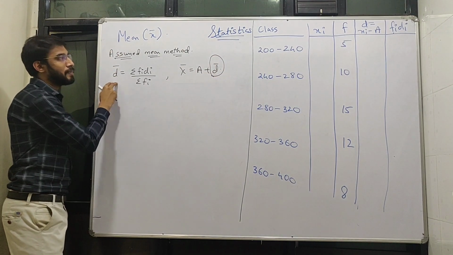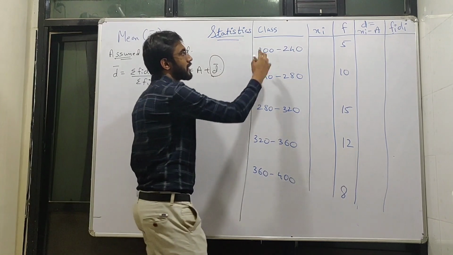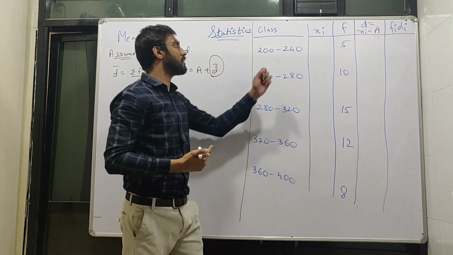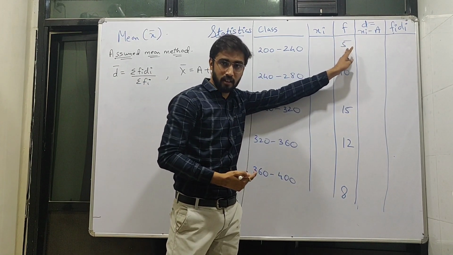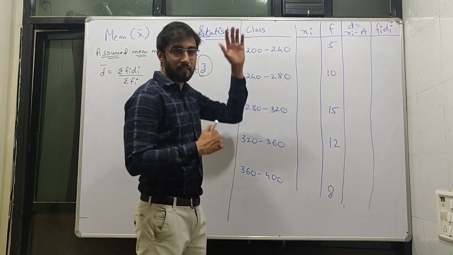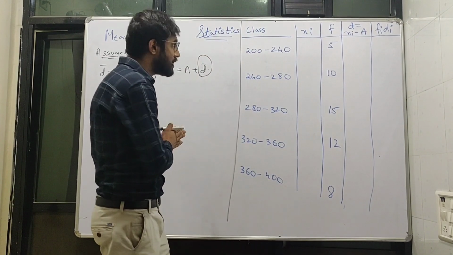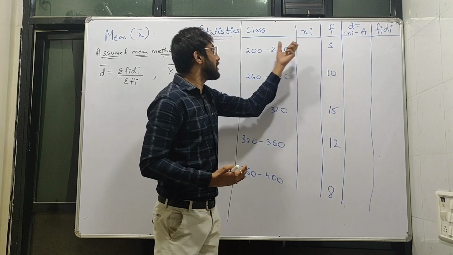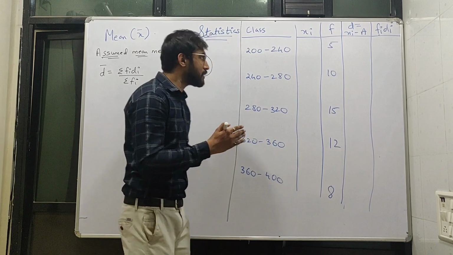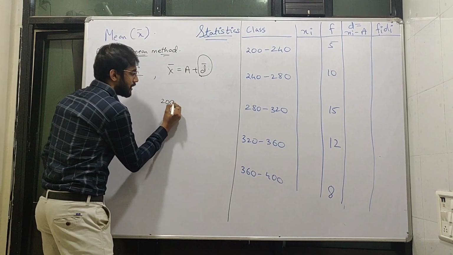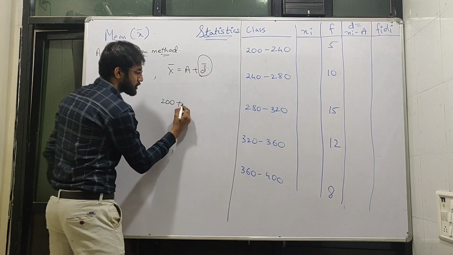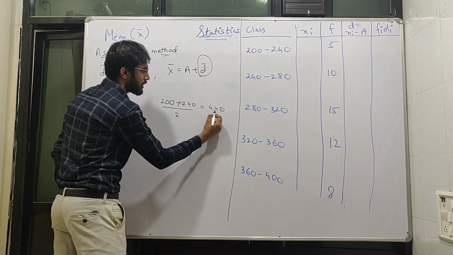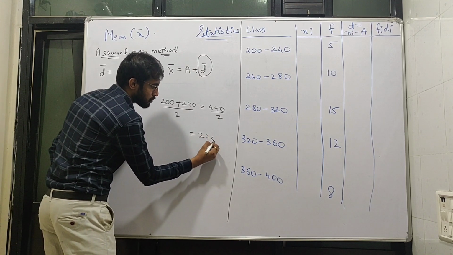So how to calculate d bar from a given question? Again, the class for our numerical will be given to us. The class will be given and the frequency will be given. The first step always to calculate the mean is xi. What did xi mean? Finding the midpoint, as in the average of these two. If you remember, very good. Otherwise, for one point I will do it for you. 200 plus 240 divided by 2. The answer comes out to be 440 upon 2, which is equal to 220.